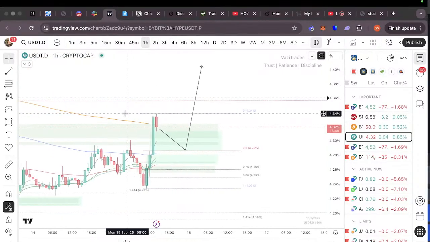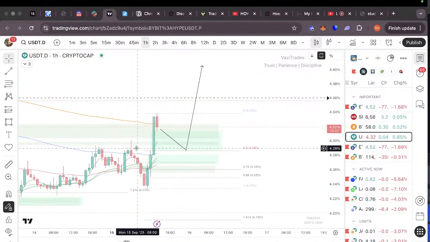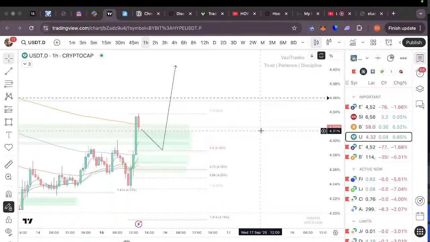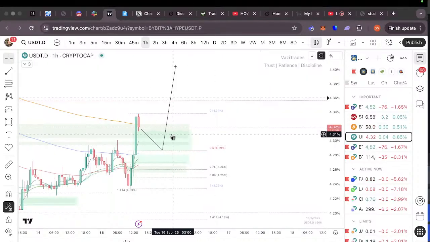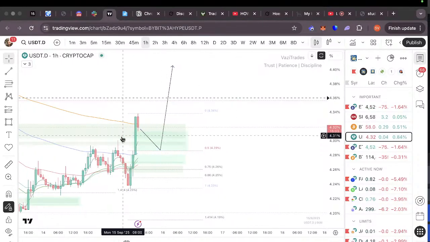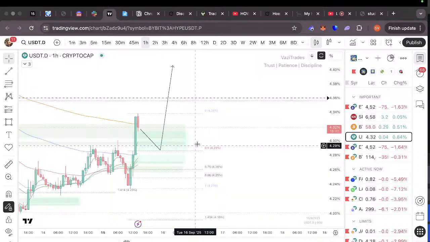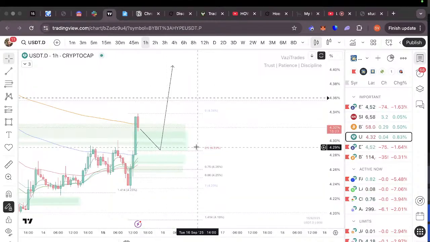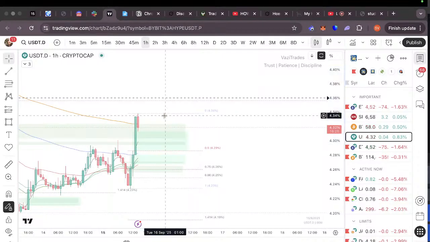And then on 1 hour, I already said it aligns with 100 EMA and 1 hour FVG. So that's how I identify if this level can stand strong or not. In our case, yes, this is a very strong level, so I think that it will give a bounce from the 0.5 Fibonacci or